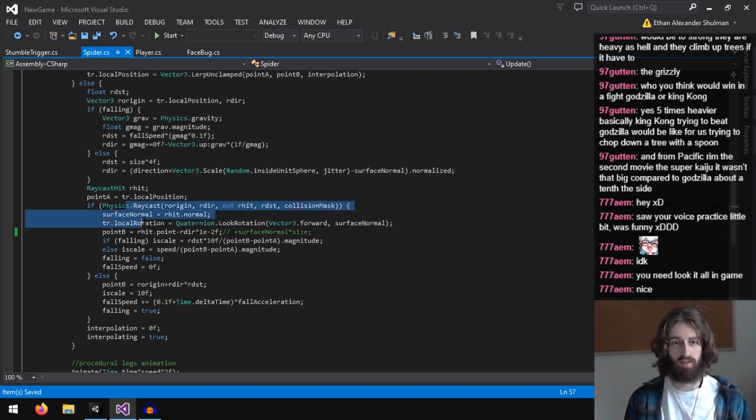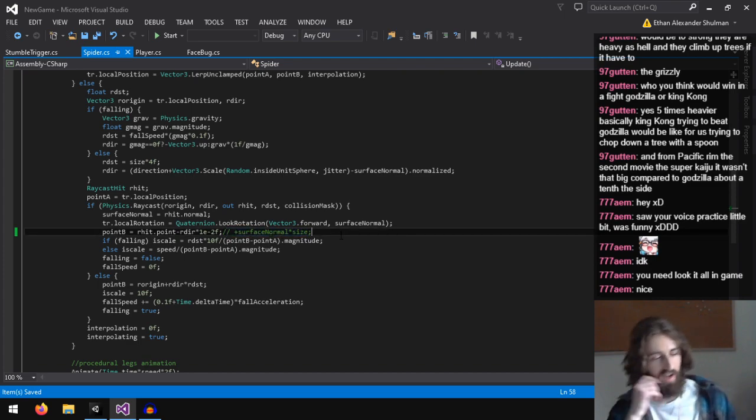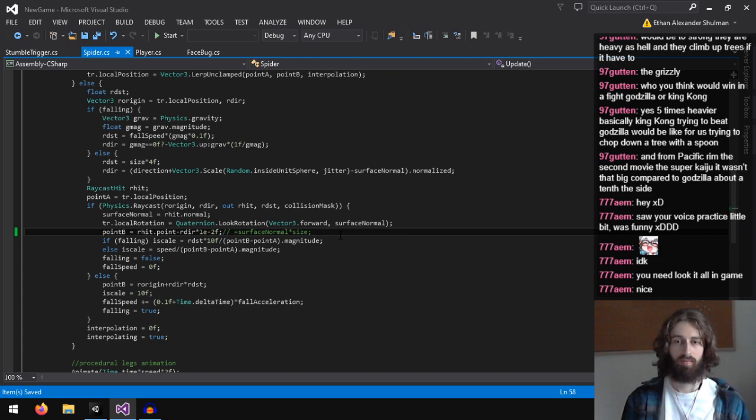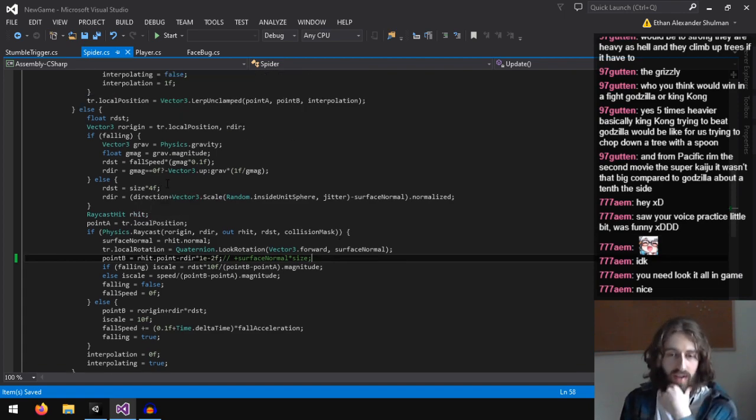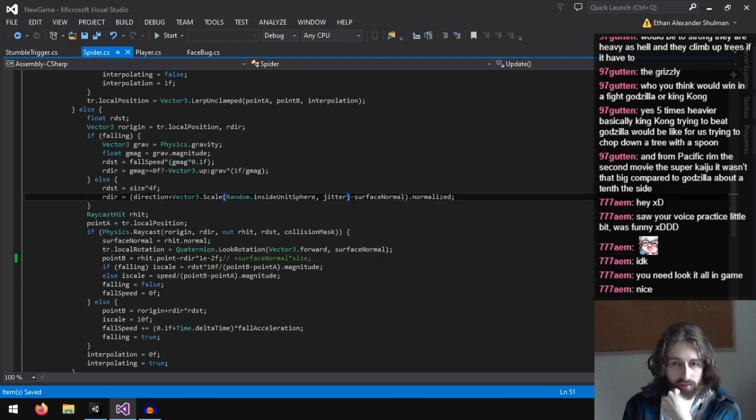And then the next time we move, we actually should add the surface normal plus the size. Would I add that to direction? Oh, I guess right here.